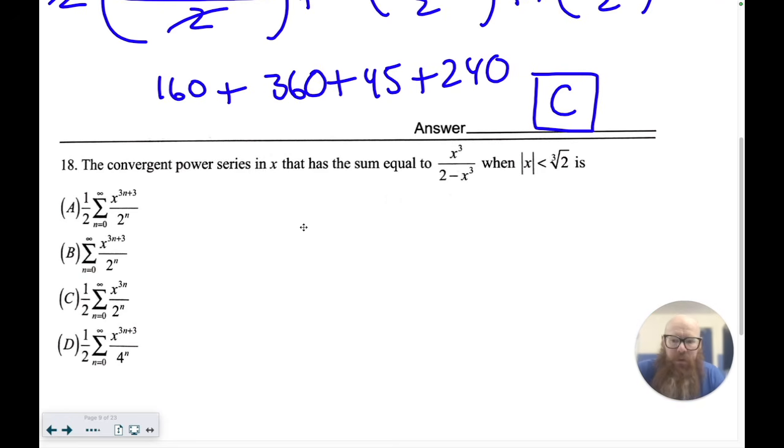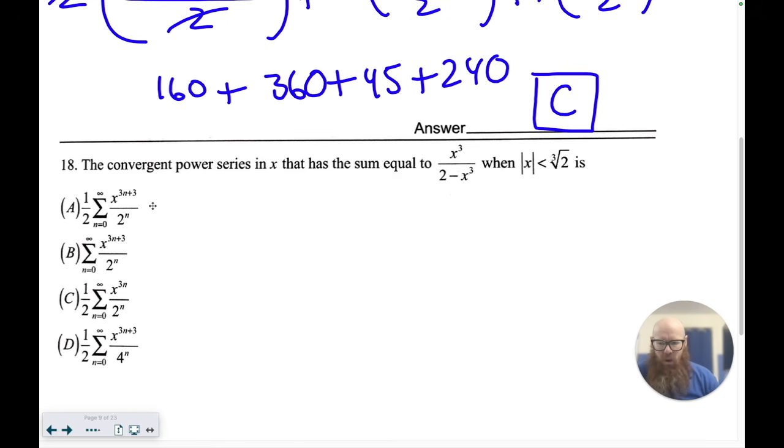Okay. So the convergent power series has a sum equal to that. So which one works? The way we want to do this is to realize that pretty much the exception to this is a telescoping series, but put that aside. If they are giving you the sum of something, then it's going to be geometric, all right? And what we want to do is look at